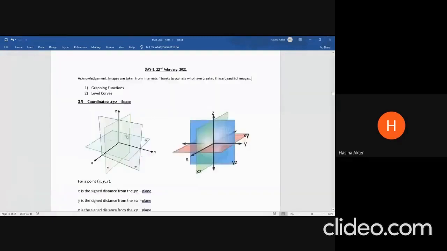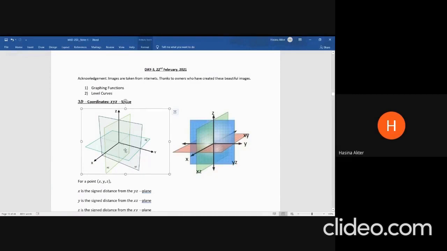That we need to notice today is, do you see this picture? Yes, miss. So today we are going to see how, at least we are going to try, to understand the 3D space, and we are going to try to graph functions. Okay, so to understand the 3D space, the XYZ space, we need to understand the scenarios,